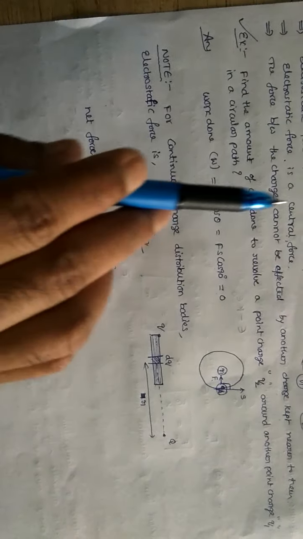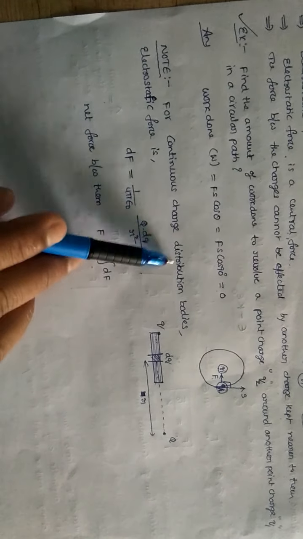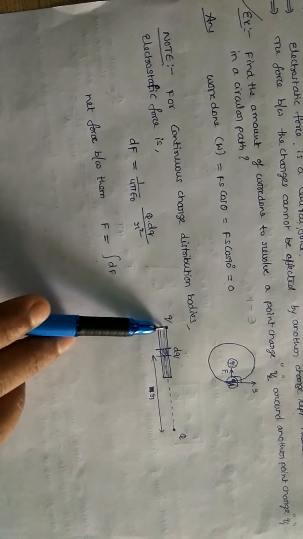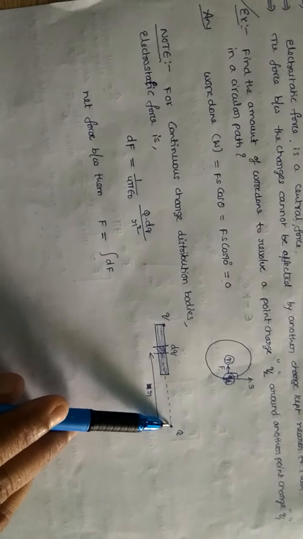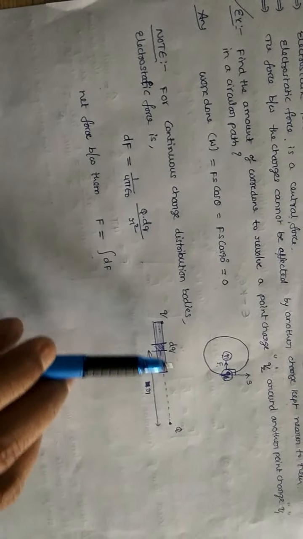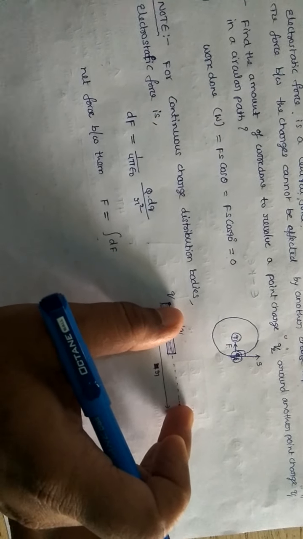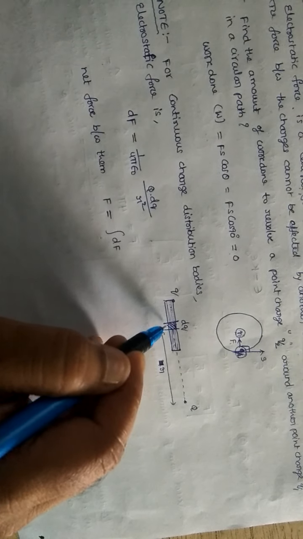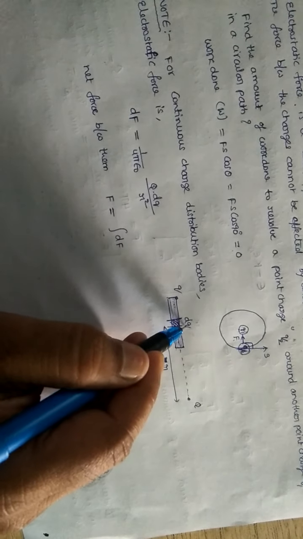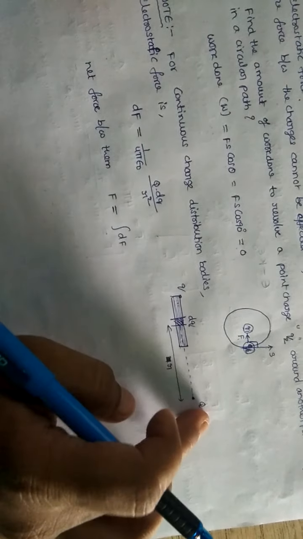Now consider this point. If point charges are there, you can apply Coulomb's inverse square law. But if you consider continuous charge distribution bodies, suppose this is a rod like this, with total charge Q continuously distributed, and another point charge is kept here. What is the force between them? In this condition, first of all, we cannot apply Coulomb's inverse square law directly. So consider a portion of charge, an element with charge dq, and a point charge q. Between them, write down the force formula.